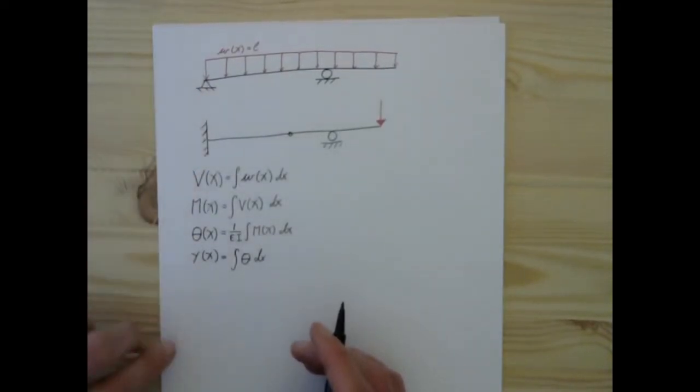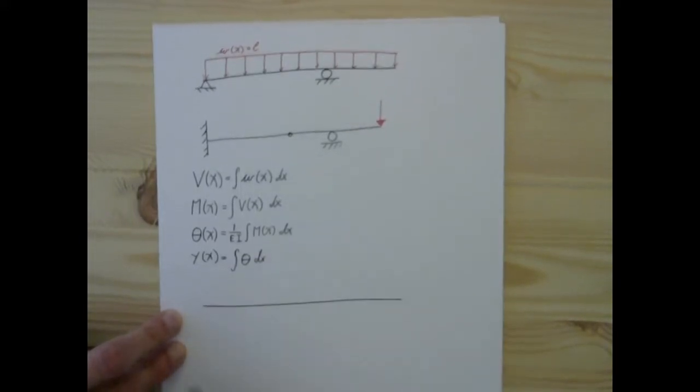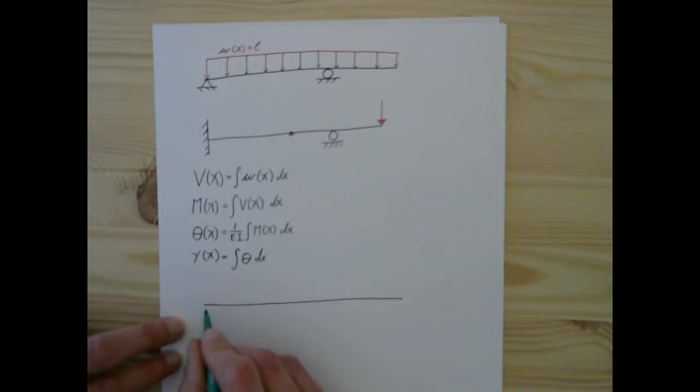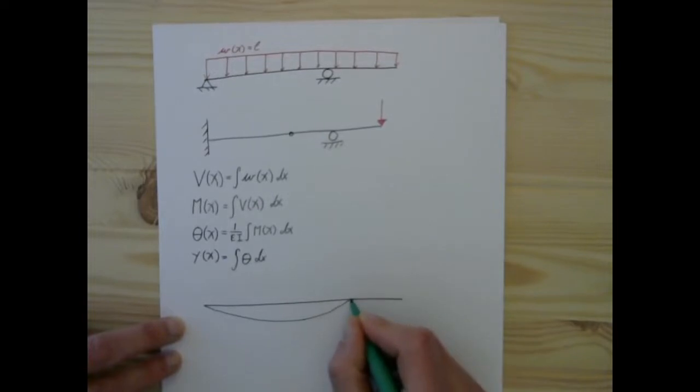For this first one, there it is, undeformed, and the deformed shape is probably going to look a little bit like this,